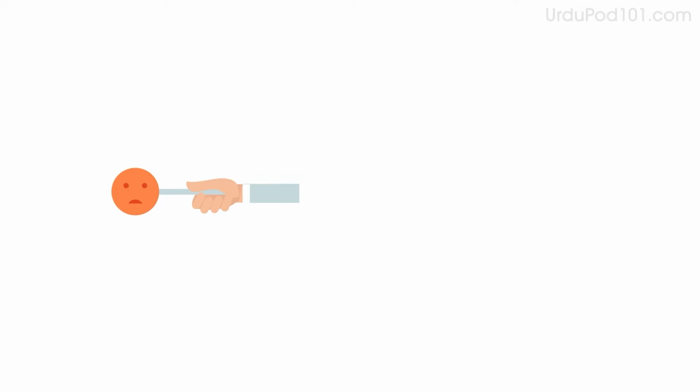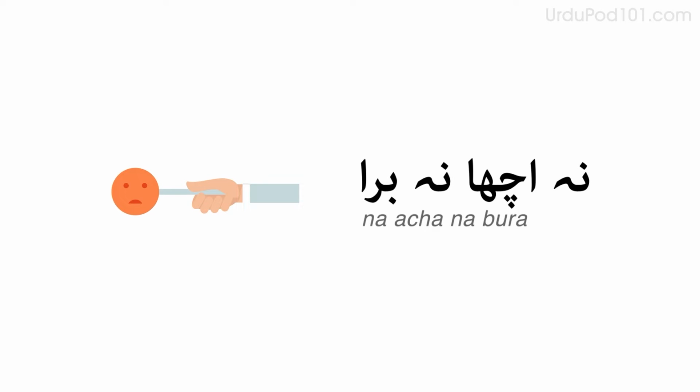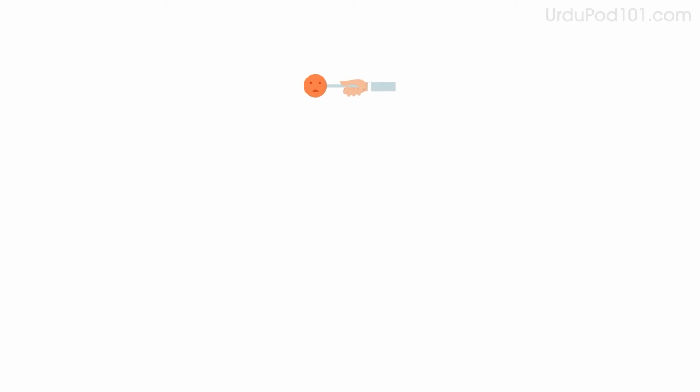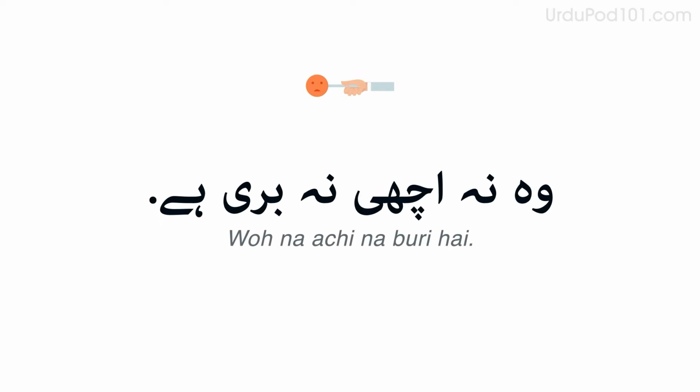Now imagine she's so so. Do you remember how to say so so? ना अच्छा ना बुरा। Say, She's so so. वो ना अच्छी ना बुरी है। Now, answer the question saying she's so so. तुम्हारी वालिदा कैसी हैं? वो ना अच्छी ना बुरी है।